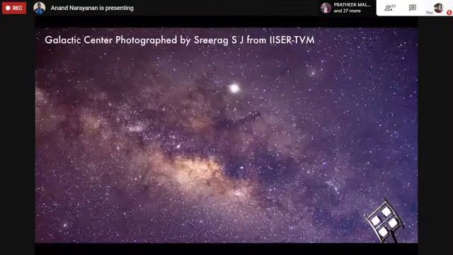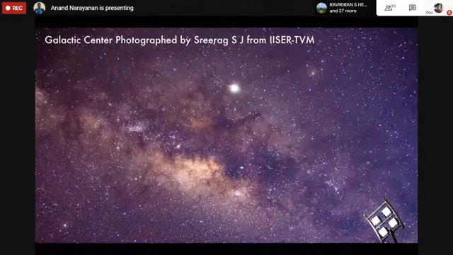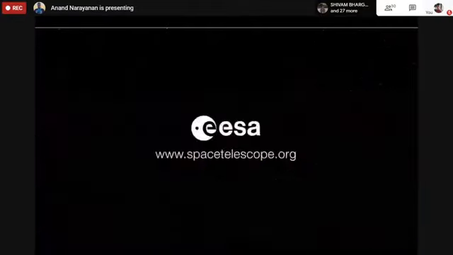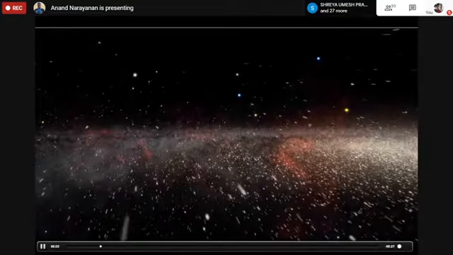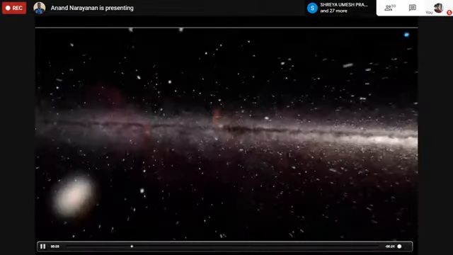As I was saying, understanding the architecture of our own Milky Way is difficult, but we know what our Milky Way looks like. If we could take a journey out of the Milky Way, I'm sure all of you know this, this is very basic stuff. If you could take a journey outside of our Milky Way galaxy, you'll find that